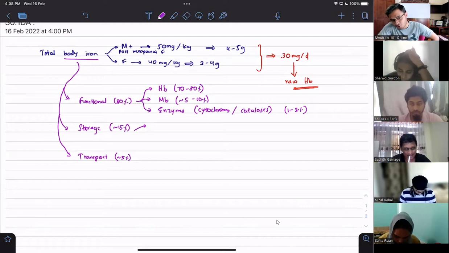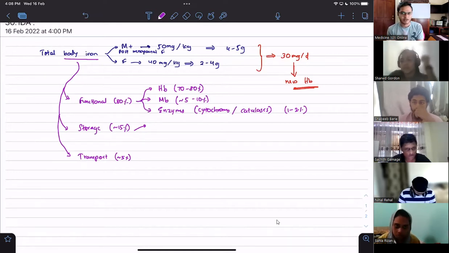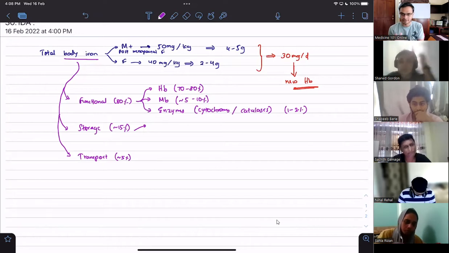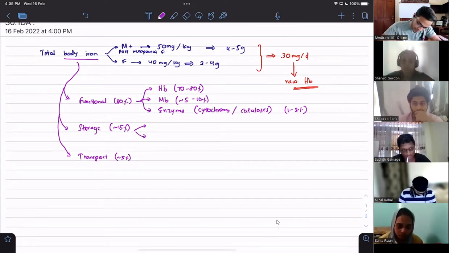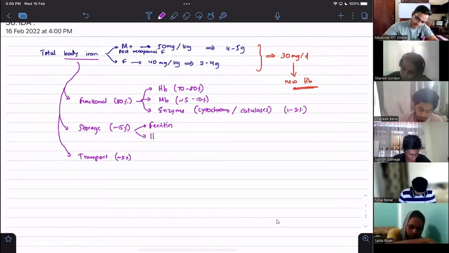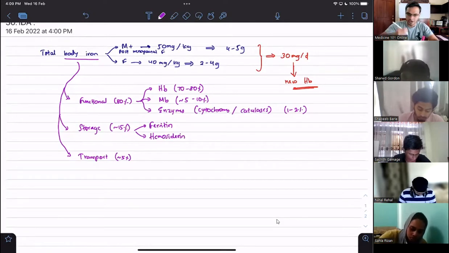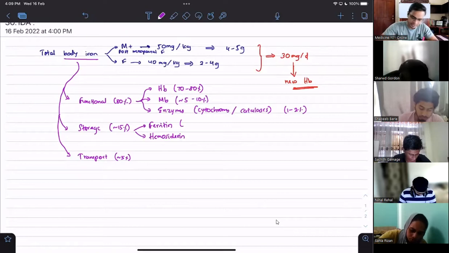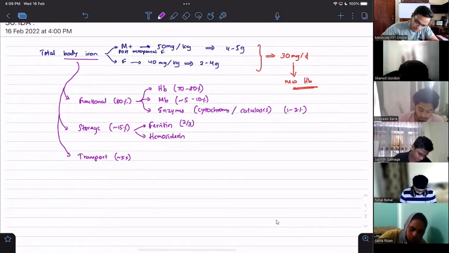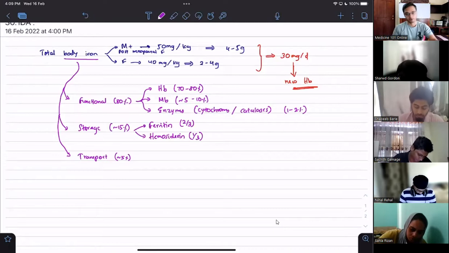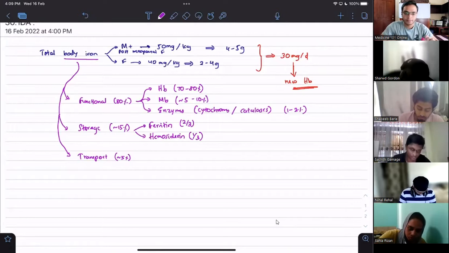Guys, can we store iron as ferrous iron or ferric iron directly in the body? No, there are some other structures coming into play. I will describe them. There are two. Write this down. Ferritin is one. The other one is hemosiderin. Out of these, the majority is ferritin: two-thirds is ferritin and about one-third is hemosiderin. Don't worry, I will teach what all these words are.